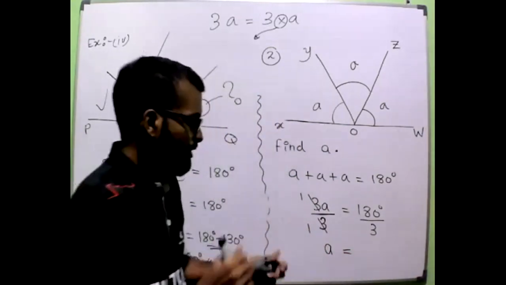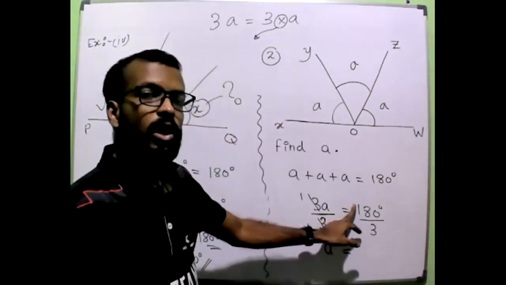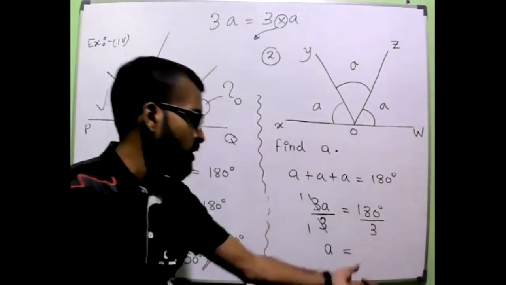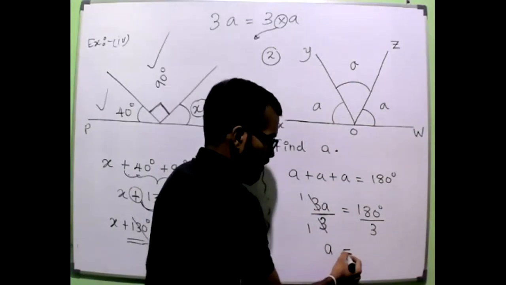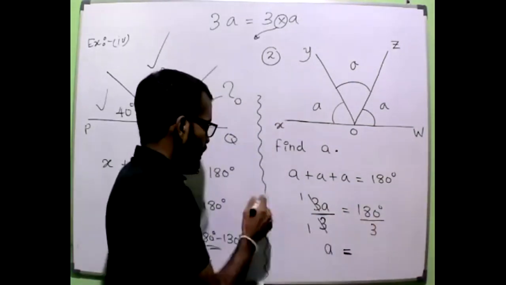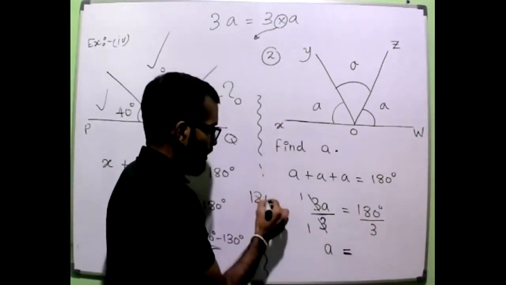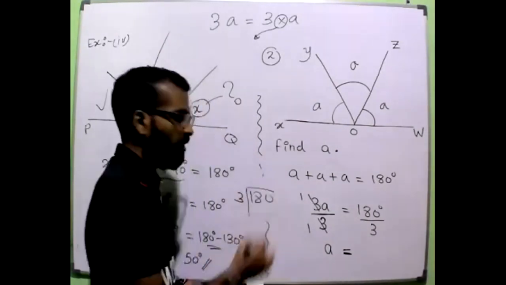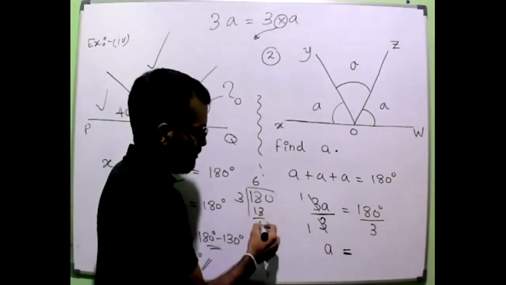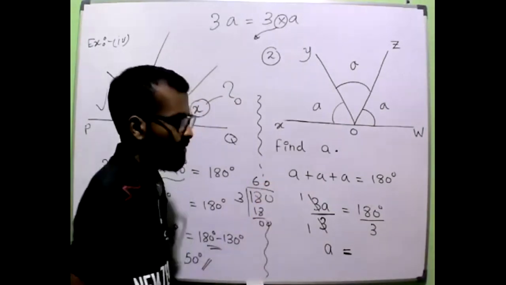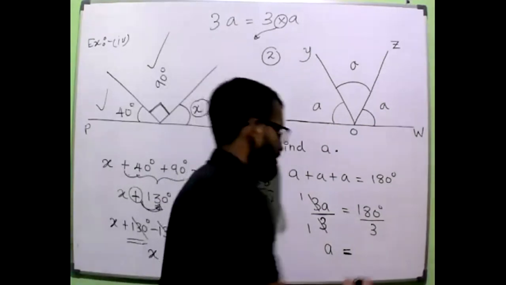Now what is the answer? If you divide 180 by 3, it should come to here. So you have to divide 180 by 3. 3 times 6, 18, 0, 0. So that means A equals